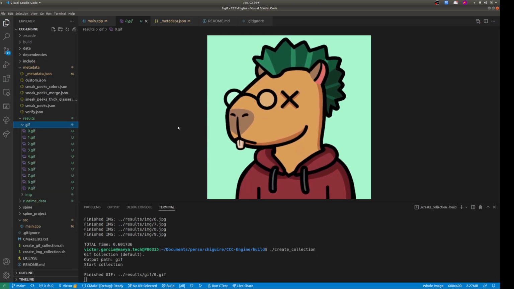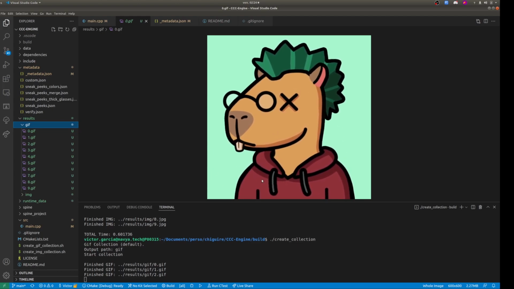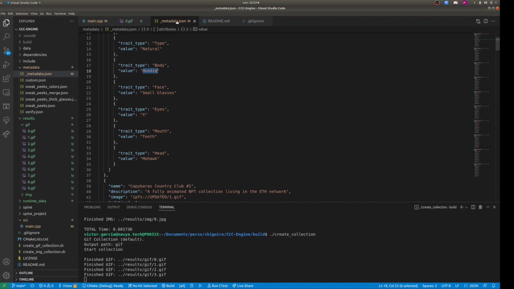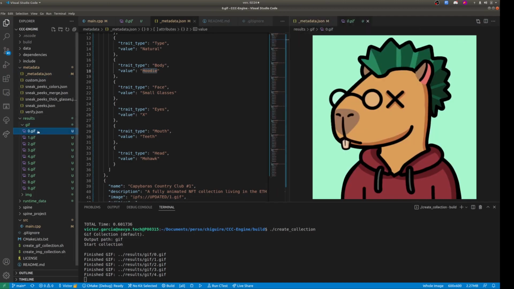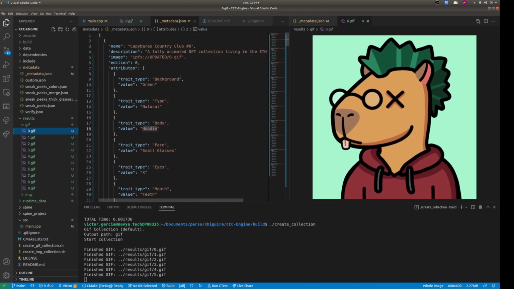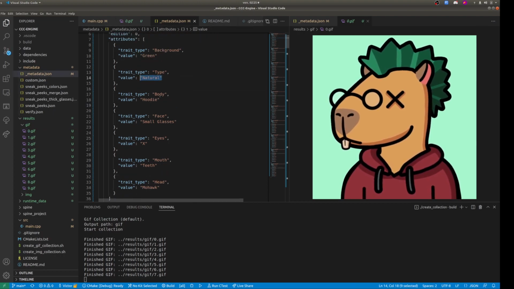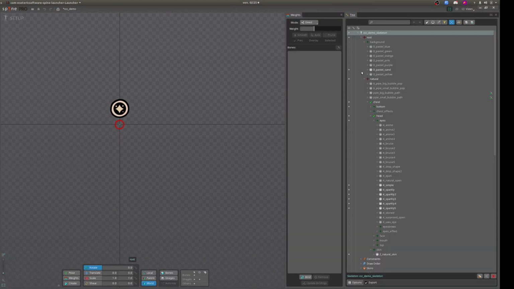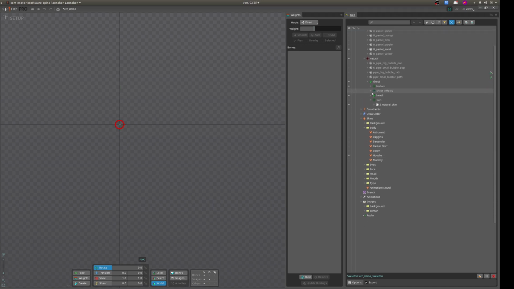So he already created it, and as you can see, if we verify the metadata for the first element, let's see, I think we can see it over here. For example, we can verify that the background is green, neutral type, that's okay. The body will have hoodie, and if we look in Spine, and we see the body hoodie, we're going to